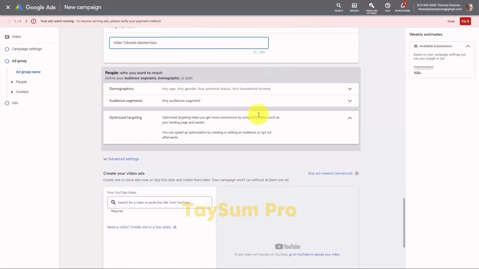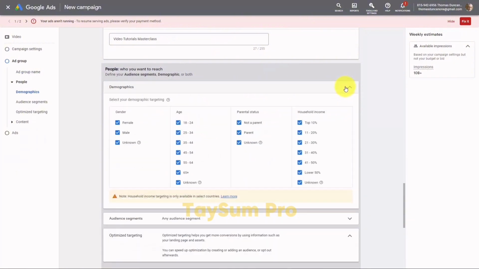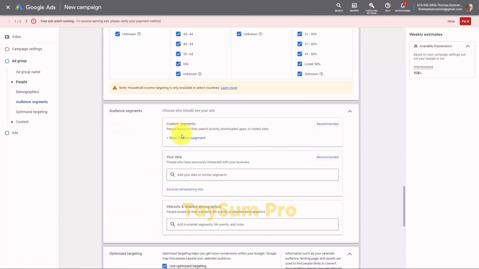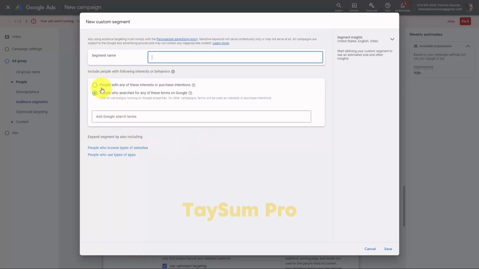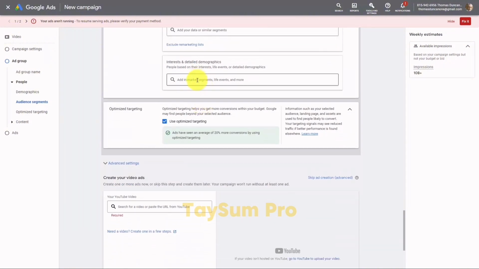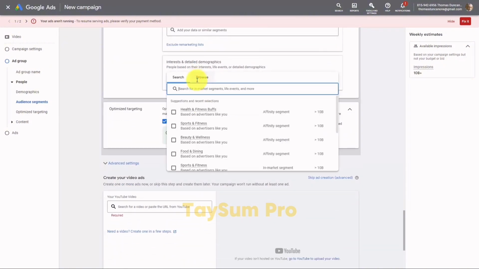We can then choose specific demographics, and we can choose household income. Now, if we have decided on specific audience segments, we can choose it here in this area. And it's here where we can determine if people have specific interests or purchase intentions. We can include them here in this area. If we want to have people that have previously interacted with our business, we're going to place that information here. And it's here where we're going to choose our in-market segments based on the research that we did with our